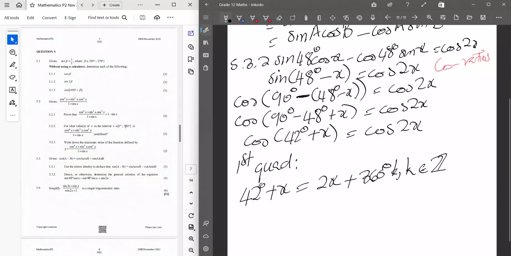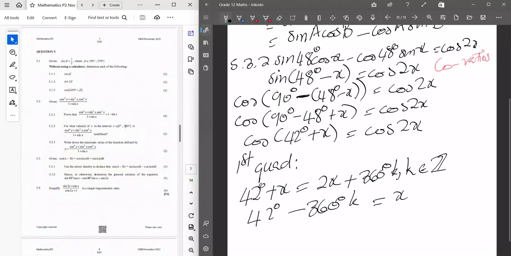All right, where k is an element of an integer. Now, position. Now, what do we have? Now we have 42 degrees minus 360 degrees k is equal to x. Simple as that. We are done. Right? 42 degrees minus 360 degrees k is equal to x, or x is equal to 42 degrees